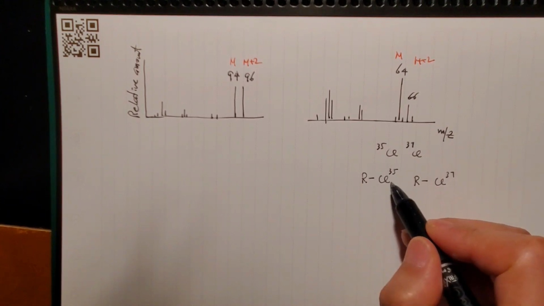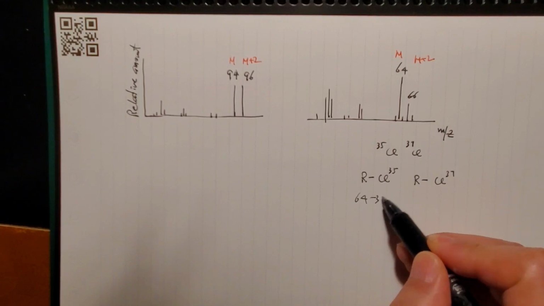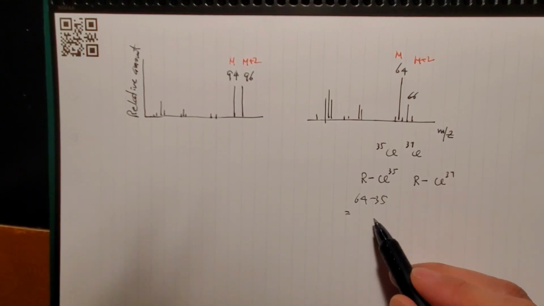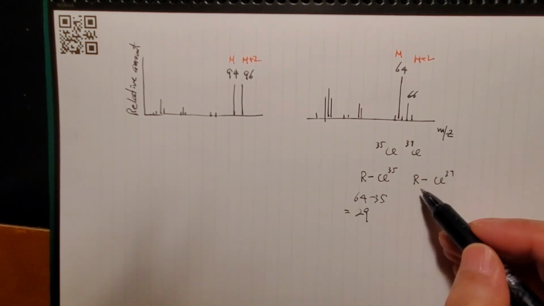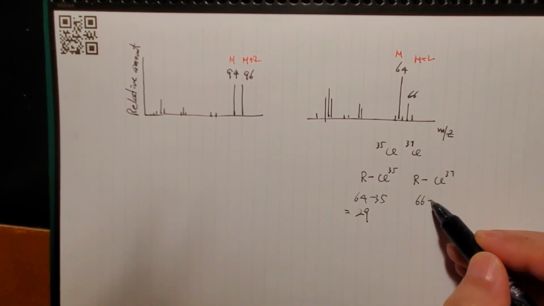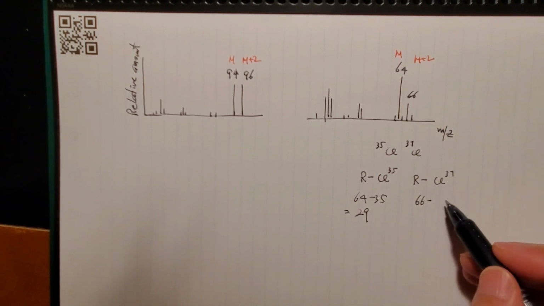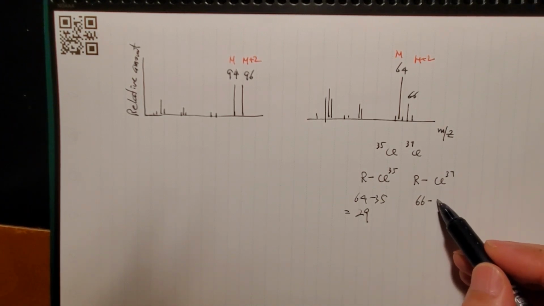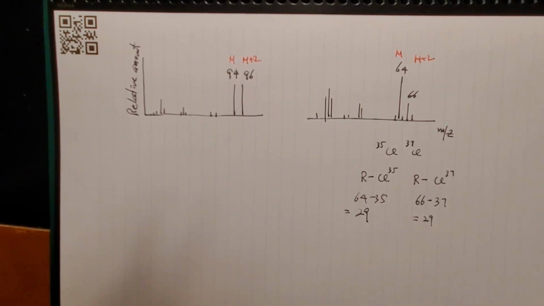So when you deduct 35 out of 64, right, you get 29. Here as well, if you subtract 37 out of 66, the M plus 2 peak, where you find the 37 isotope, you're going to get 29. So 29